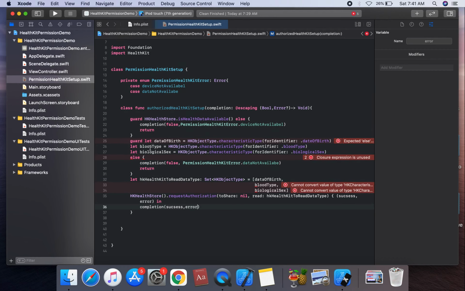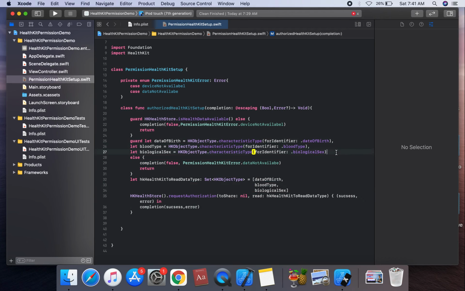And we're gonna use a setup and guard statement with completion calling on this data available and return on this statement, and we can use a guard let statement and else. Okay, we can use expression.